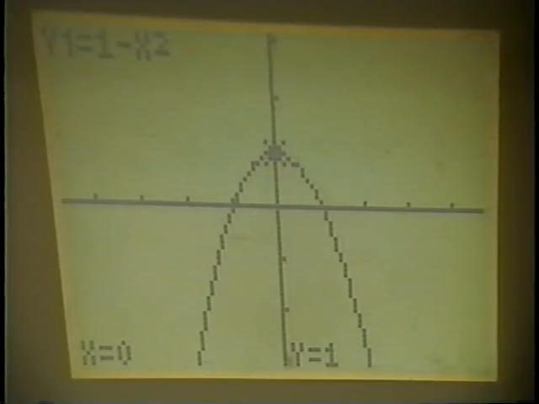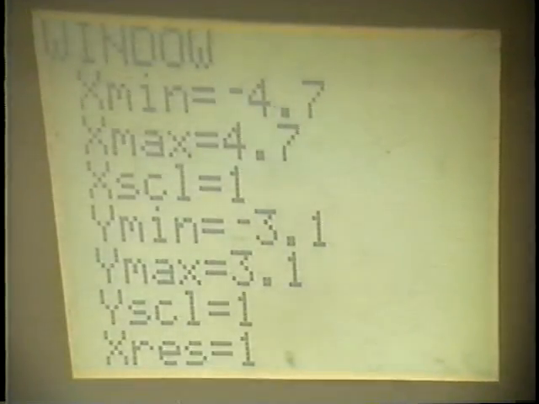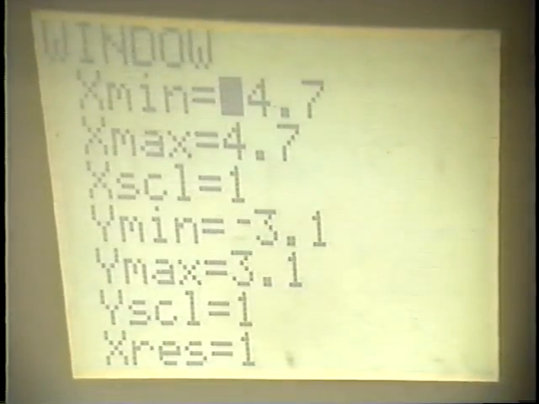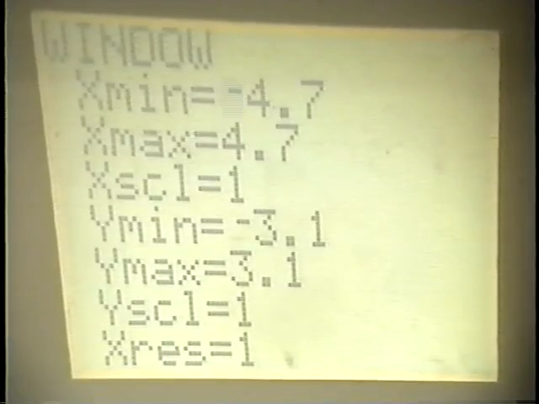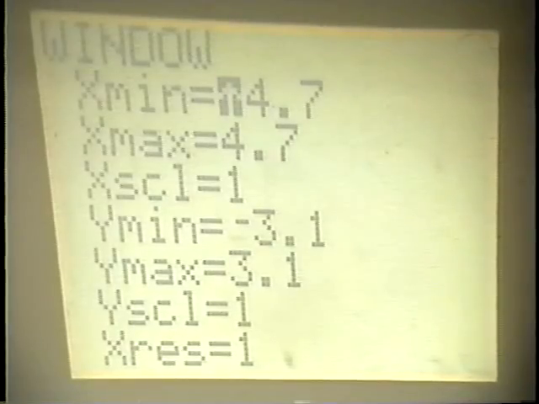Now, there's another way of changing the viewing window. There are a few ways of changing the viewing window. Right now we're using the decimal window. We could, of course, change to the standard. And you can, by hand, change and edit any of these x and y values that you might want to. And we did that on the first tape. Another thing, hitting second and quit,